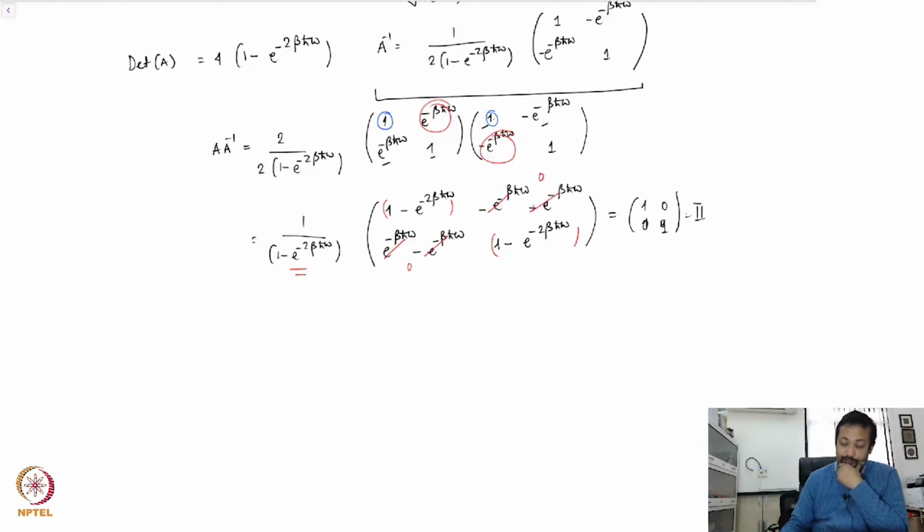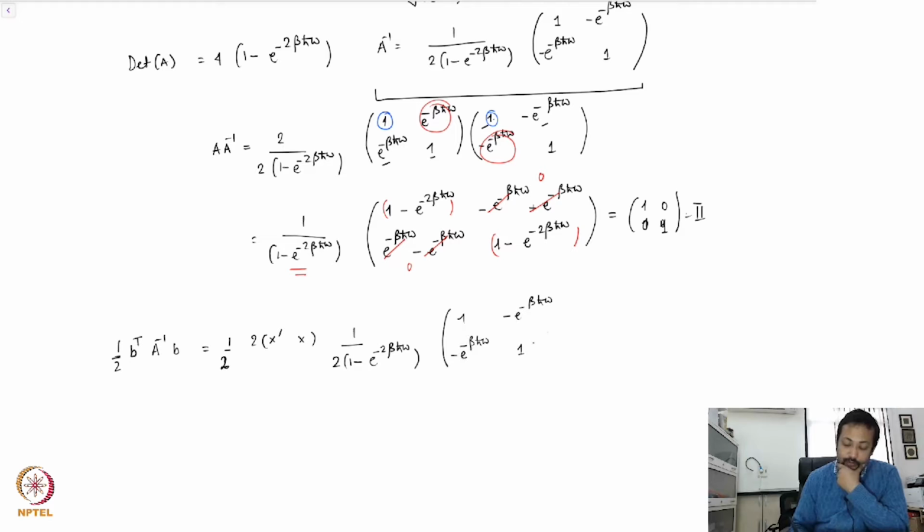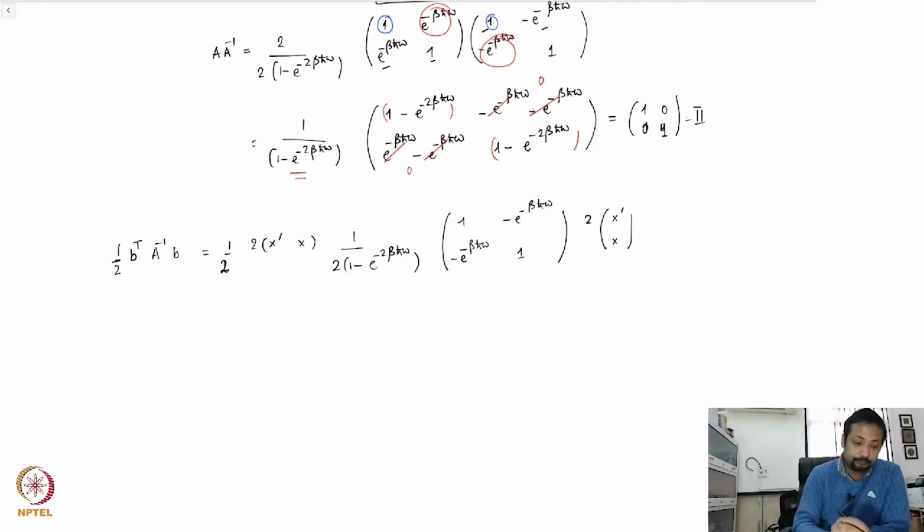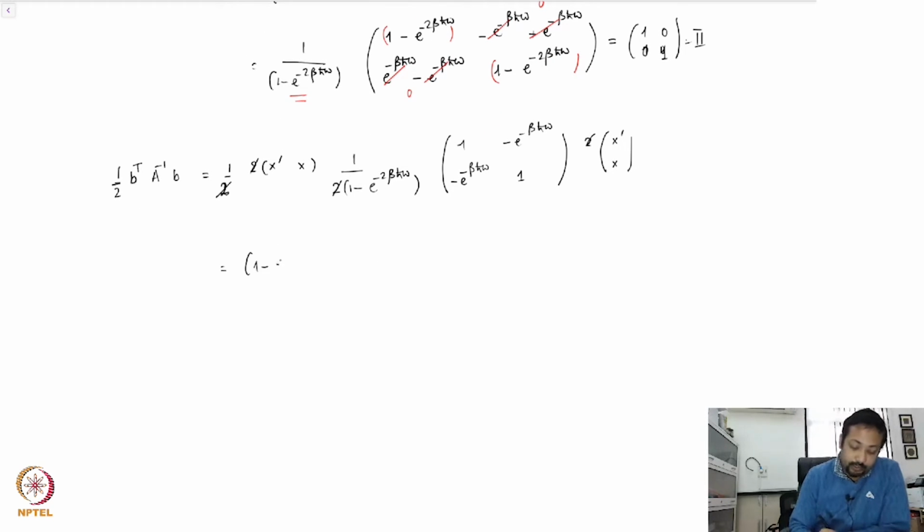Good. So all I have to figure out now is what is half B transpose A inverse B, which is going to be half, B transpose is 2x' and 2x, and then I have a half that this factor in A inverse, I have 1 minus e to the power minus 2 beta h bar omega inverse, times the matrix 1, minus e to the power minus beta h bar omega, minus e to the power minus beta h bar omega, 1, and then I have 2 again, the factor in B. So this 2 cancels with this 2, this 2 cancels with this 2, and I have (1 minus e to the power minus twice beta h bar omega) inverse